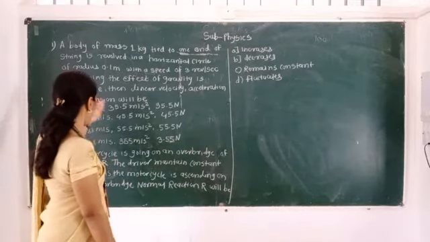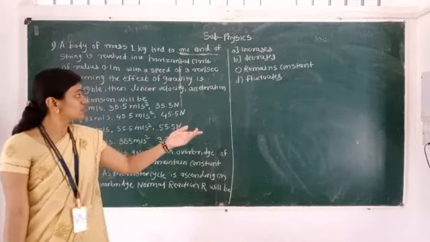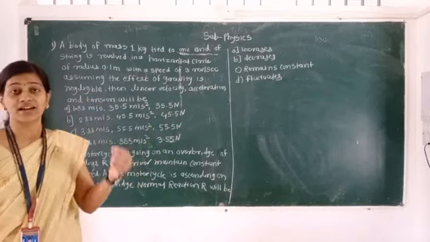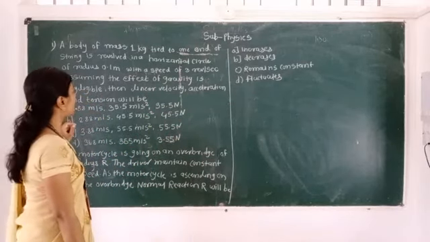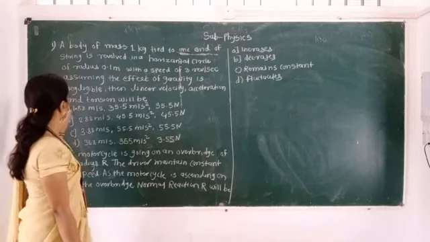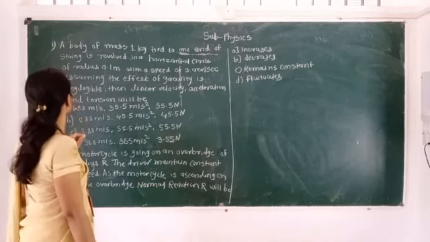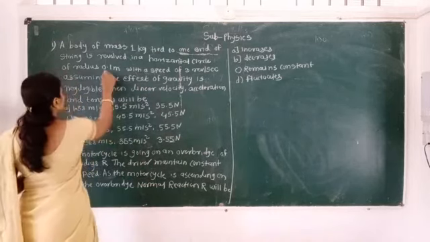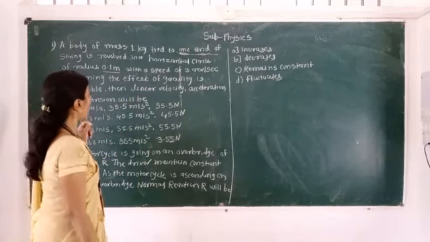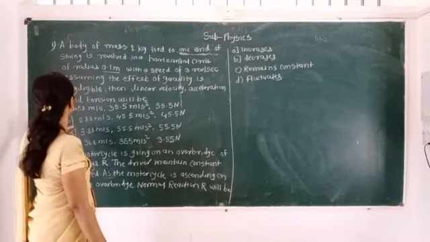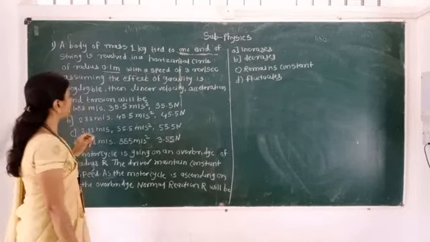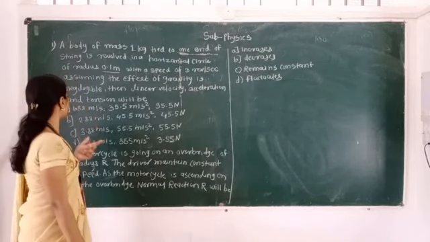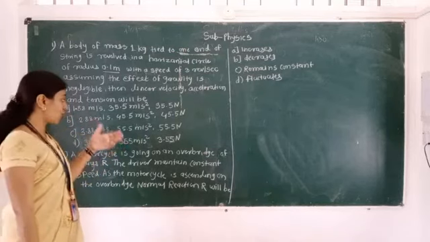First I will read the options given here, and then we will solve one by one and reach the correct option. See, a body of mass 1 kg tied to one end of a string is revolved in a horizontal circle of radius 0.1 meter with a speed of 10 revolutions per second. Assuming the effect of gravity is negligible, the linear velocity, acceleration and the tension will be, the options are given here,